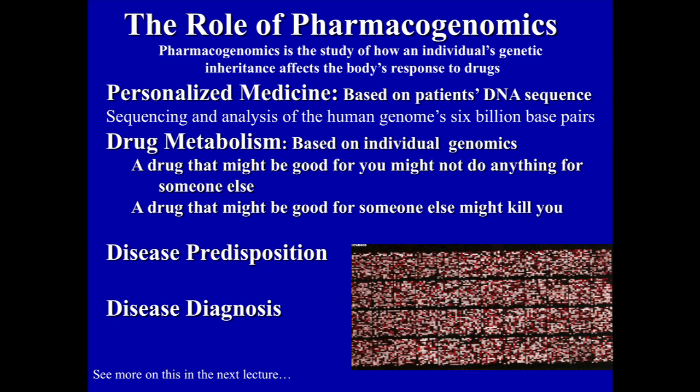So personalized medicine has come out of a branch of pharmacogenomics in the idea that we can base treatments on an individual's DNA. So having affordable DNA sequencing and analysis of the 6 billion base pairs of human DNA will allow this type of